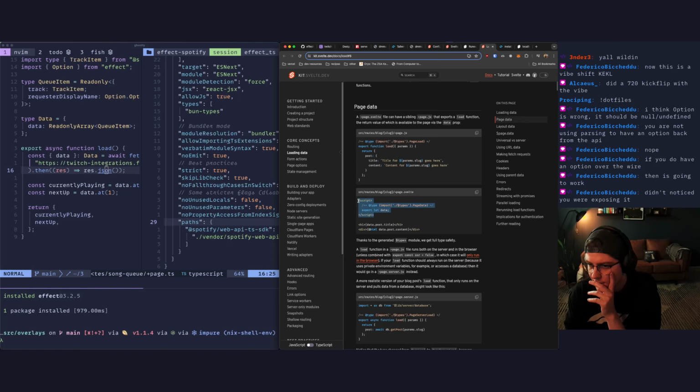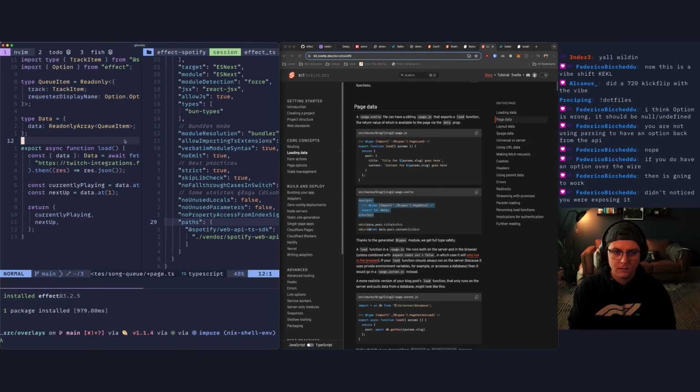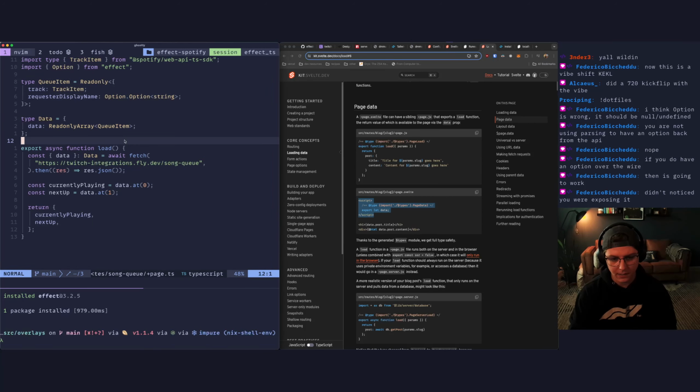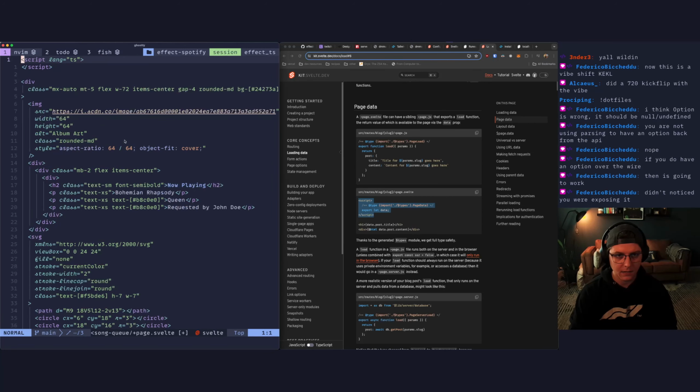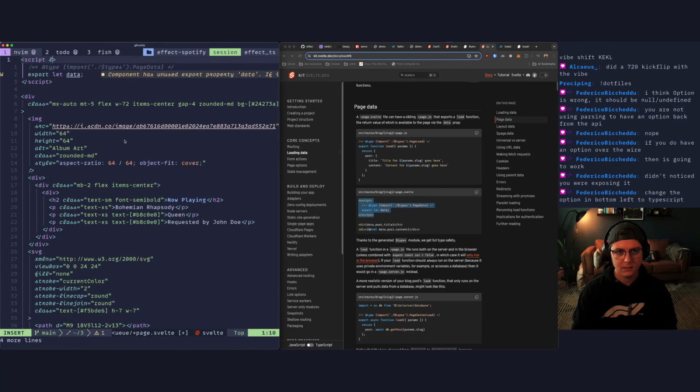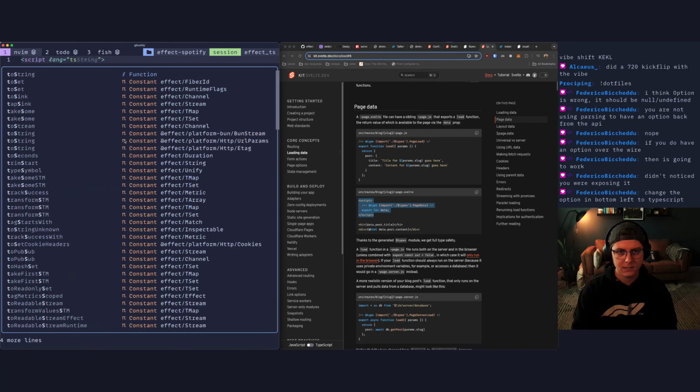So we can come in here. That's kind of nifty. Let me close this page on the right. We don't need that or that. So we can come into here and we can apparently do this. Lang equals TS.